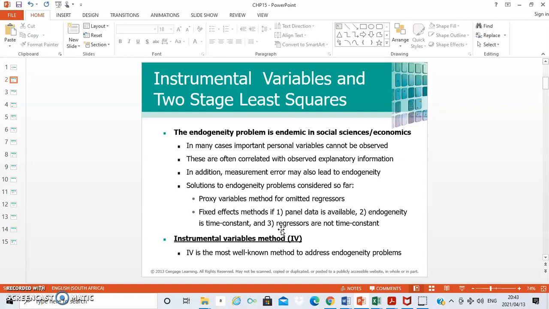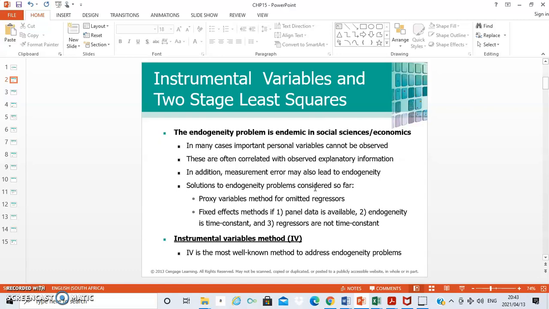In general, the problem of endogeneity is where you have a covariance or a correlation between the explanatory variables and the error term. When there's that correlation between the explanatory variable and the error term, it will lead to a problem of endogeneity. You can find it especially in a system of equations, when you're dealing with variables that are determined within the model,